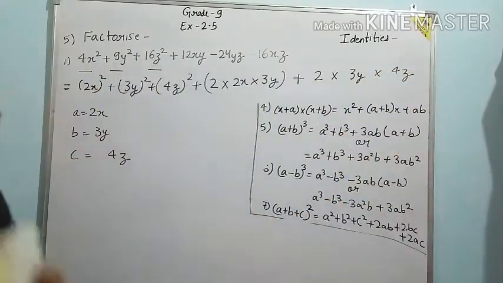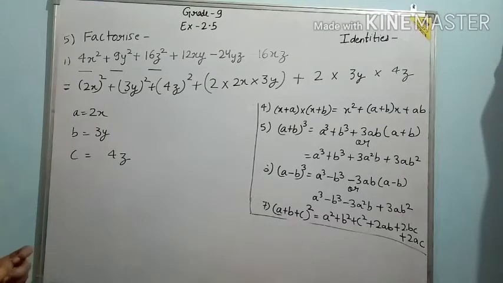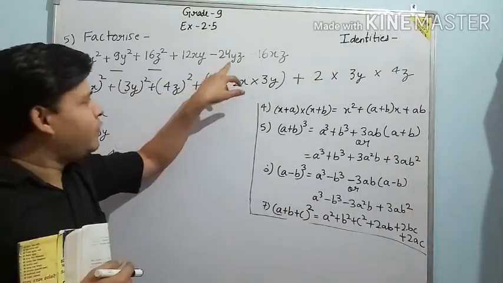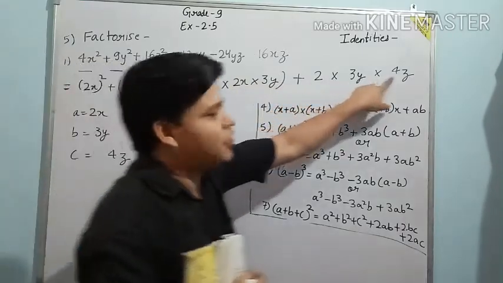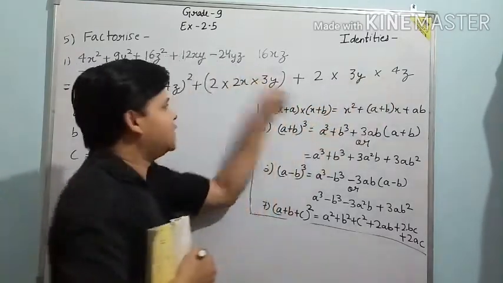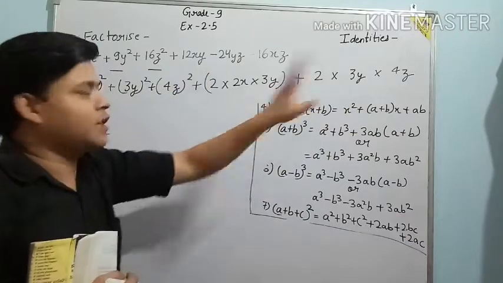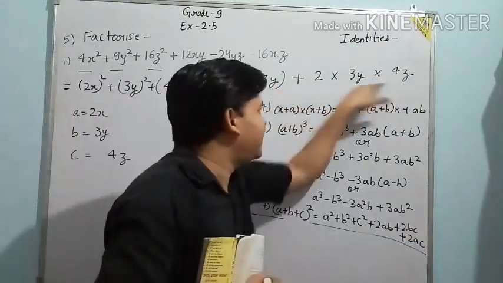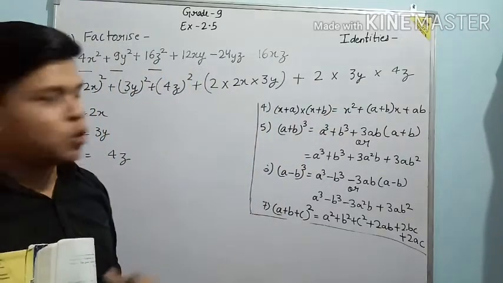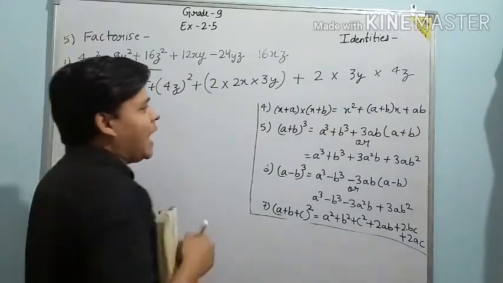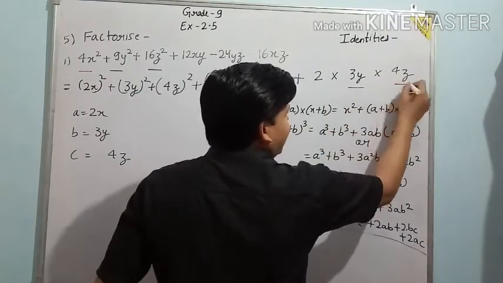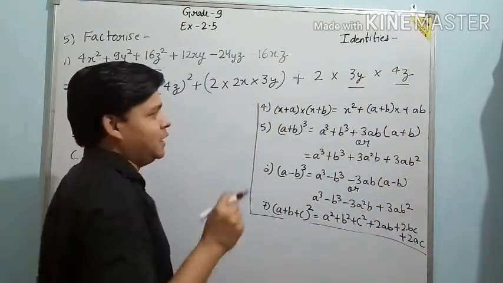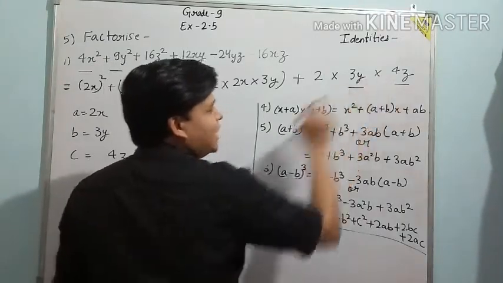Now one thing we have to focus here, we have to see okay, here we are getting same 24yz, like 2 3 are 6, 6 4 are 24, and 24yz. It is okay, but sign is not same. According to question we need here minus sign, but we are getting here plus sign. So the point is that something from this and this, any one part is negative, either y is negative or z is negative.